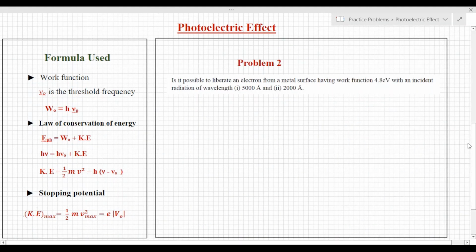The second problem is: is it possible to liberate an electron from a metal surface having a work function of 4.8 electron volt with an incident radiation of wavelength 5000 angstrom and 2000 angstrom? So in this problem, two incident radiations are provided, 5000 angstrom and 2000 angstrom, and you have to tell from which radiation the ejection of electrons is possible. If the work function of that metal is 4.8 electron volt, then there is a condition in the photoelectric effect